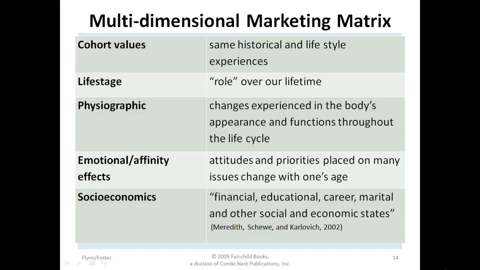Now we're going to look at the multidimensional marketing matrix, and it is divided into 5 different values. First are cohort values, and if you look in your book on page 107, table 6.3, there's 7 different generational cohorts that have been developed, and you're looking at things that people value, and this is based on their historical and lifestyle experiences. An example would be your children will not have the same lifestyle experiences as you did, since